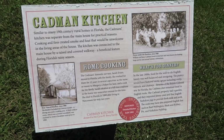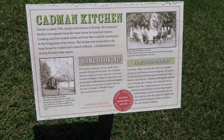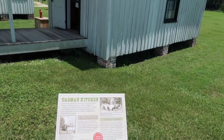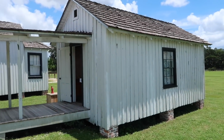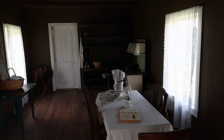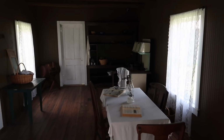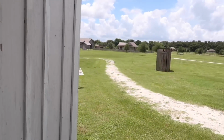Similar to other 19th century rural homes, it was separate from the main house for practical reasons. So you could cook in there and not get the smoke and fire into the rest of the house. Got the stove over in the corner. And the outhouse,